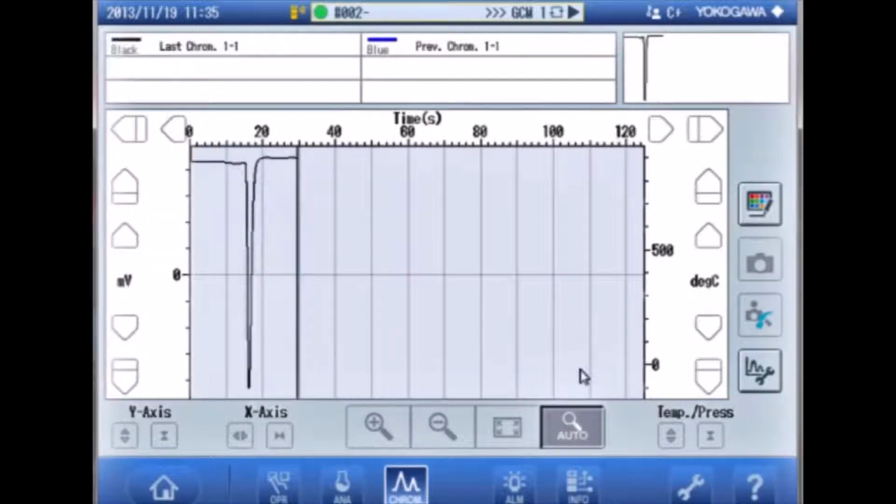It's currently on auto scaling. It's a valve switch. It will auto scale down at